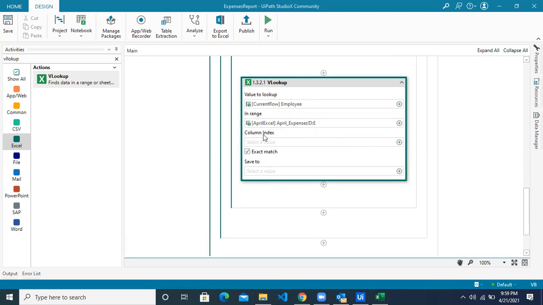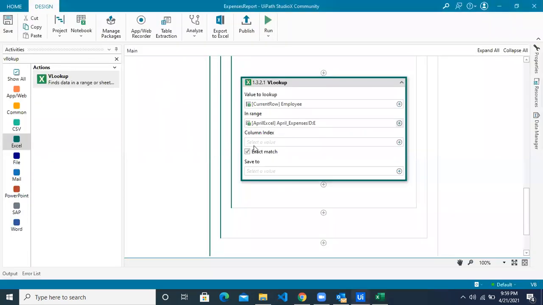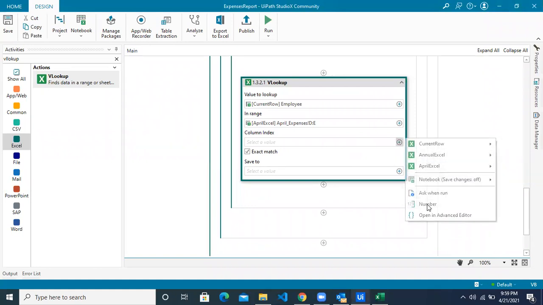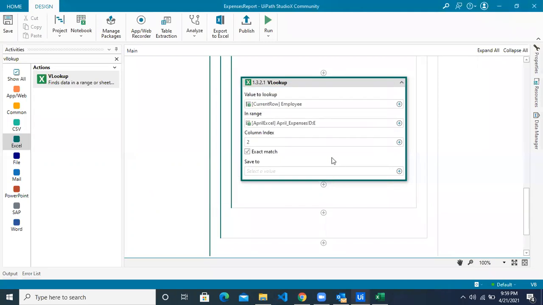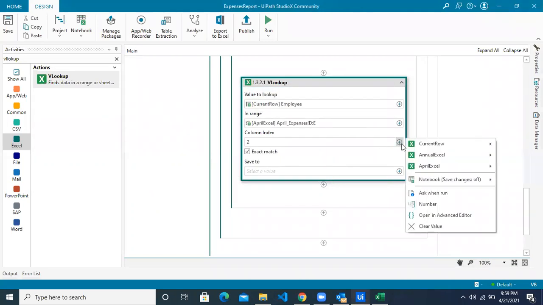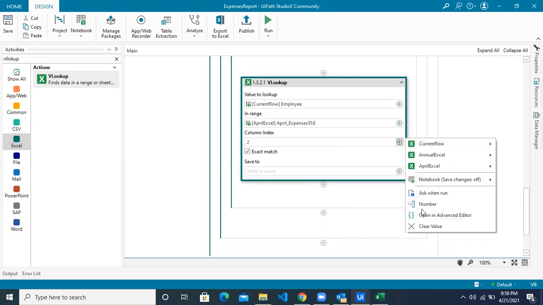Now, column index. So in this VLOOKUP, we want to take the value from column E. So this is a column index, which is 2. So this becomes your index 1, this becomes your index 2. So for column index, go and choose the number value. If you want to enter a kind of text, then we choose text. Similarly, if you want to enter a number, then you choose a number.